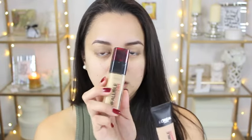This was the most yellow based shade that I could see within the 6 shades that are available, so I was like, yep, I'm all about that yellow shade. Hopefully it matches my skin tone. I have not even tested it on my face yet, so this will be the first time. So what I'm going to do, I'm just going to squeeze a little bit onto the back of my hand. I'll just start off with that first of all. And I do like that it comes in this kind of packaging. It's different from the regular glass bottle with a pump, and it's really easy to control how much you need to get out. So I'm going to take